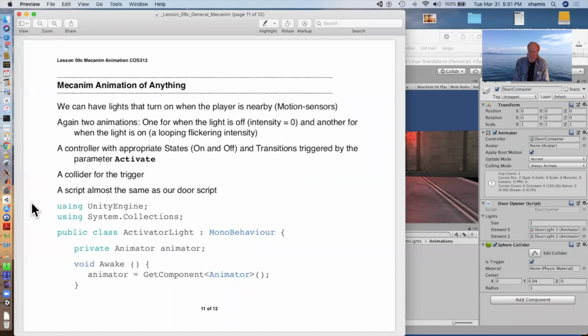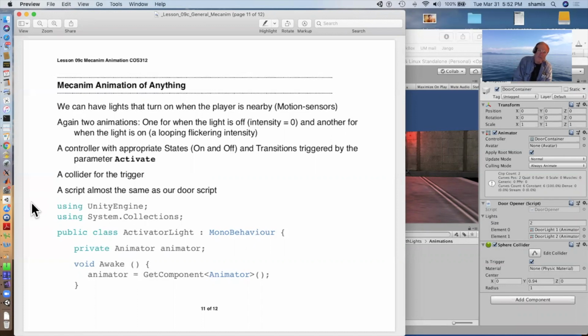I'd set its intensity to be 0. Another for when the light is on. And for this one, I bothered to make a looping, flickering intensity that changes. And a controller with appropriate states on and off, and transition triggered by an appropriate parameter, in this case, activate,